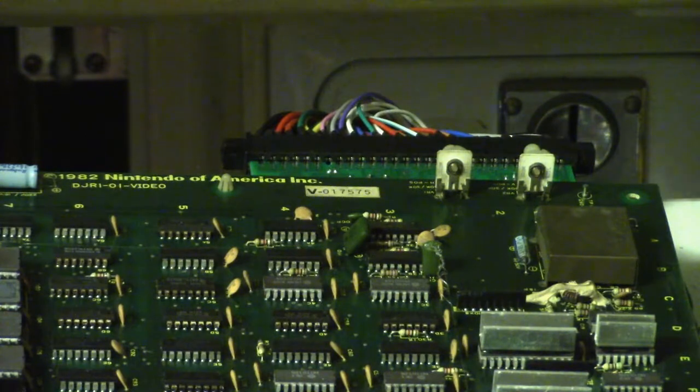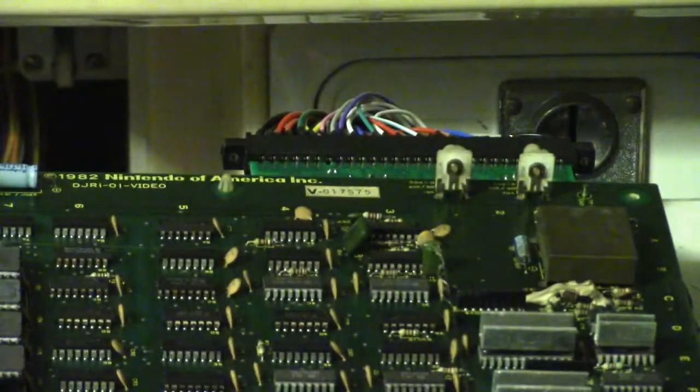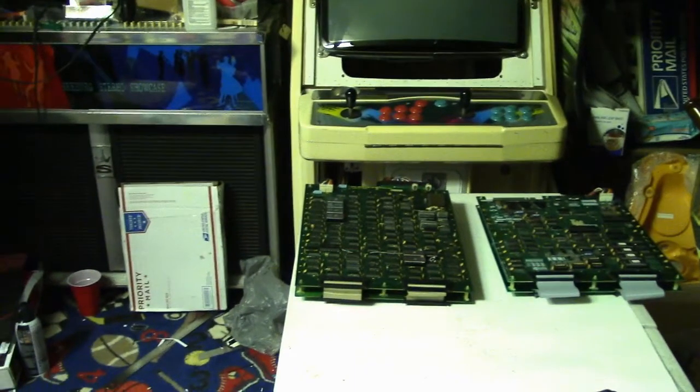So I decided to turn the board upside down so I could have access to the pots. So if we have to straighten it up, that's the reason why. Okay, well, we're going to cross our fingers here, and I'm going to apply power to it,